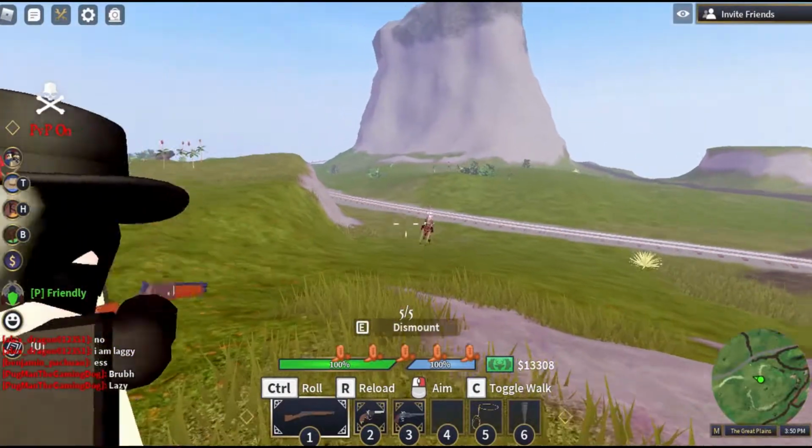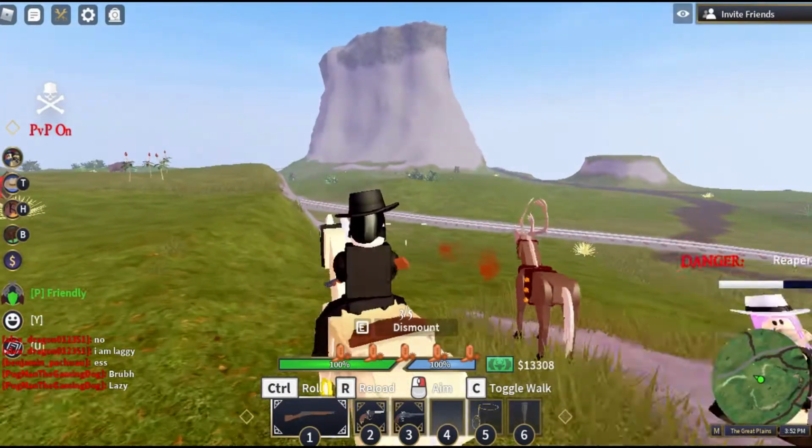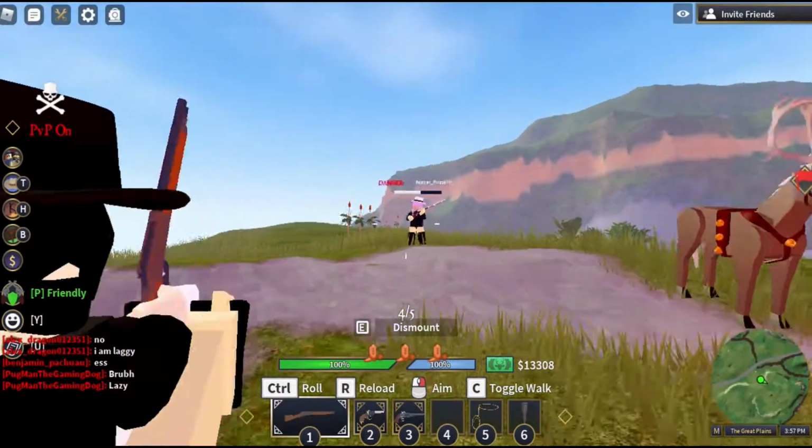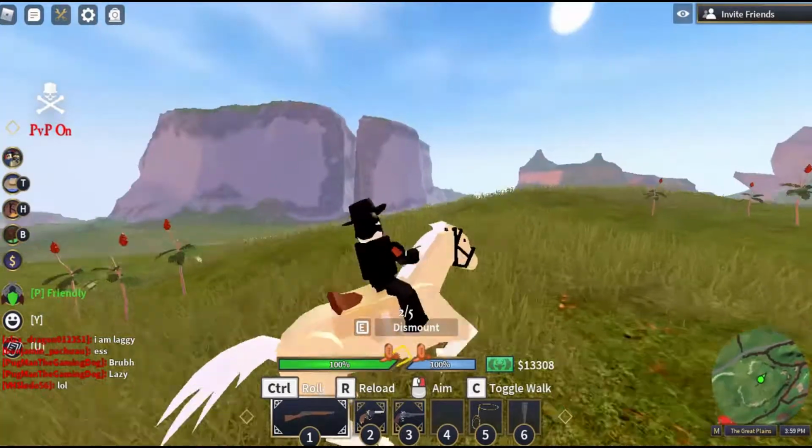This is a Wild West weapons guide. It basically teaches you everything about the weapons, how much damage they do, how long it takes to reload them. If I missed anything, all the information is from Wikipedia, so you can just go to the Wild West Wikipedia